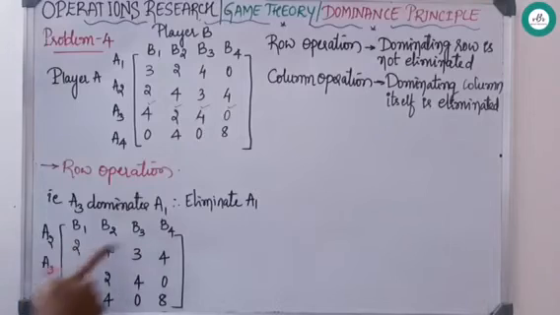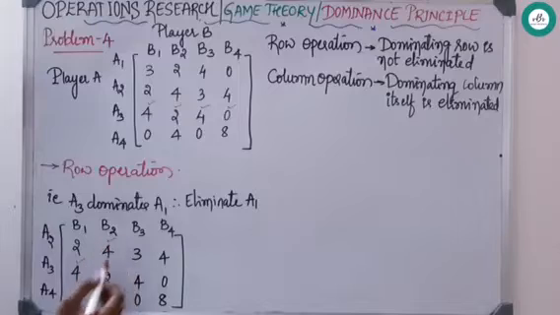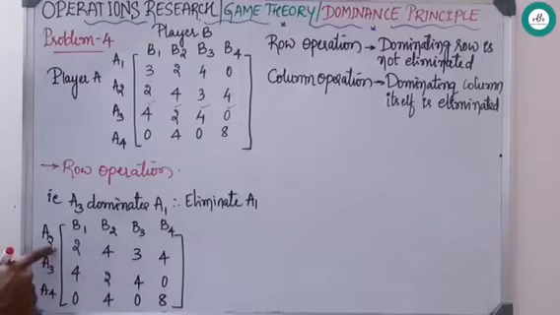So this column remains the same, that is B1, 2, 3, 4. Now again you can perform a row operation comparing 2 and 3. So 2 and 4, this particular 4 is greater. 4 and 2, 4 is greater. So this is not possible. So leave this. So 2 and 3 can't be compared.